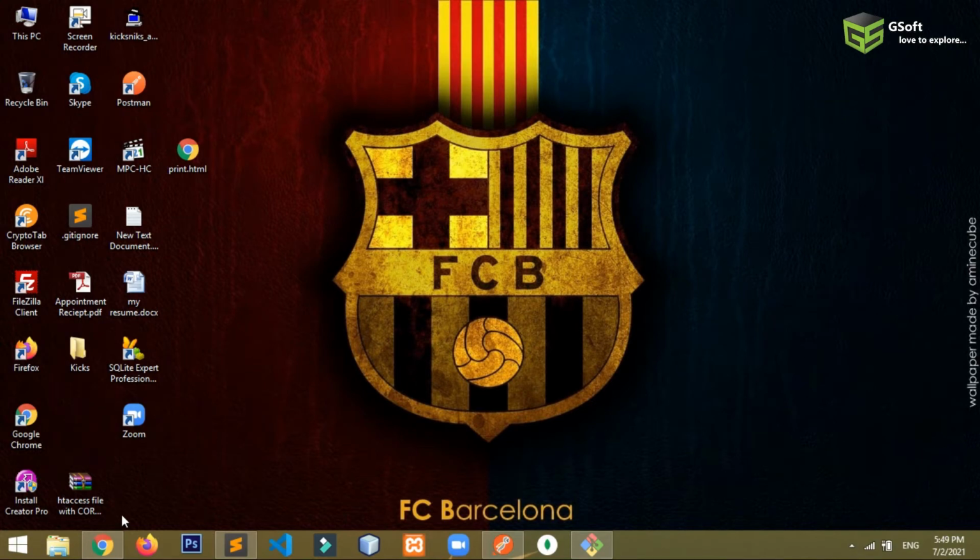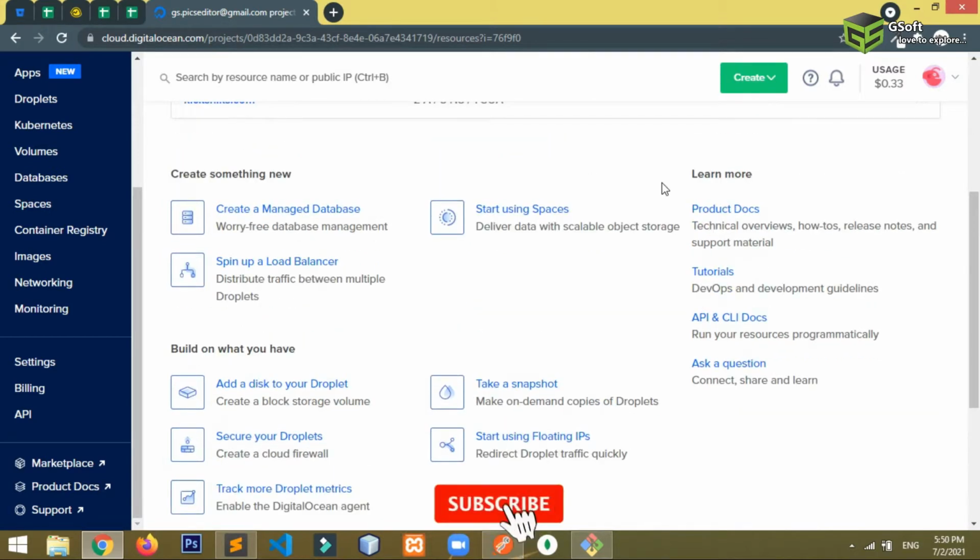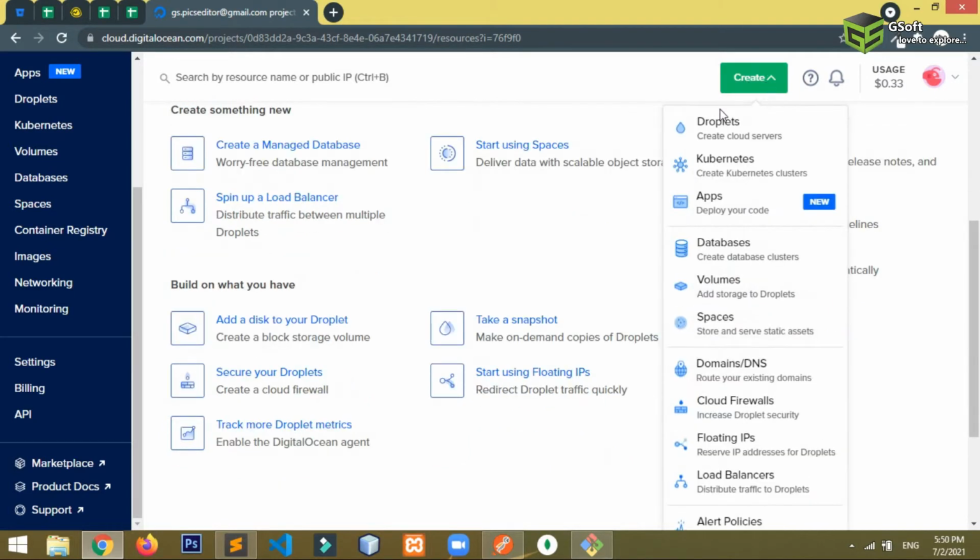So guys, basically what you have to do, once you log in or sign up on DigitalOcean, is submit your credit card details or PayPal, which accepts international transactions. After setting up your account with all the payment details and other details, you can see the dashboard of the account, and here you can see a green button which says create. You have to click on it, and once you click on it you will see some options here.